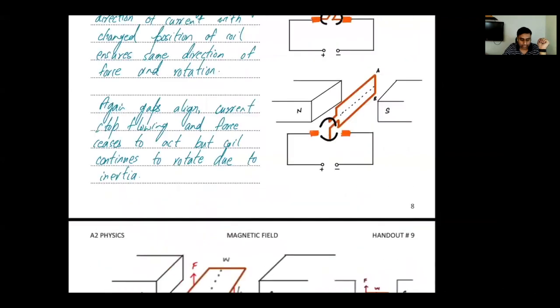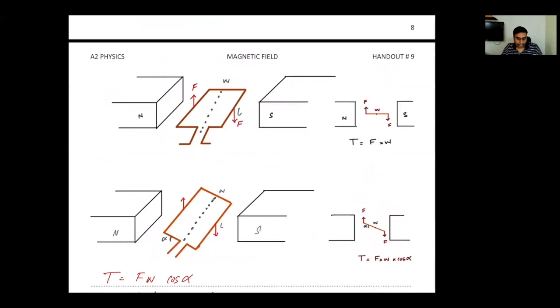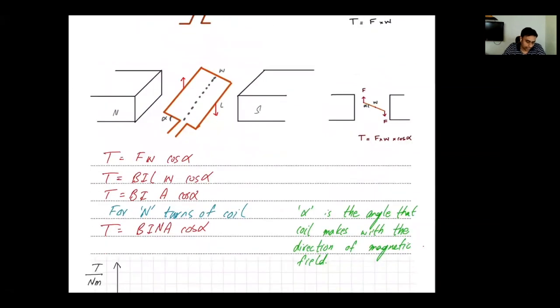So that will also give you an idea that even if there was current flowing in this particular situation, there would not have been any torque. Let's say there was current flowing and the forces were acting as a couple, but these forces would have zero perpendicular distance. So even current not flowing is not a disadvantage for us because had the current been flowing, it still would not have produced any torque.